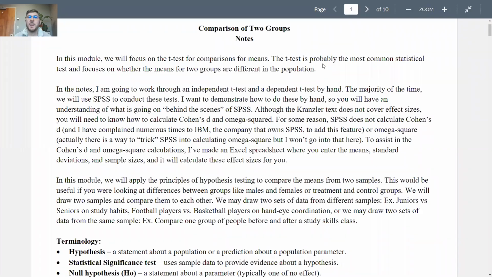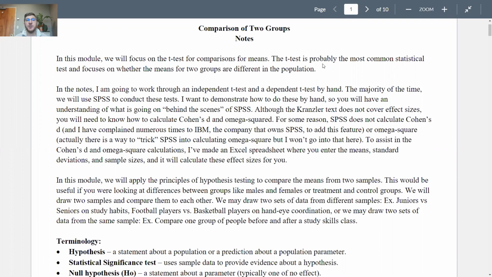Hi, class. In this video, I'm going to walk you through my lecture notes on comparing two groups. In this module, we're really going to focus on t-test for comparing means. The t-test is probably the most common statistical test and really focuses on whether two groups come from populations with